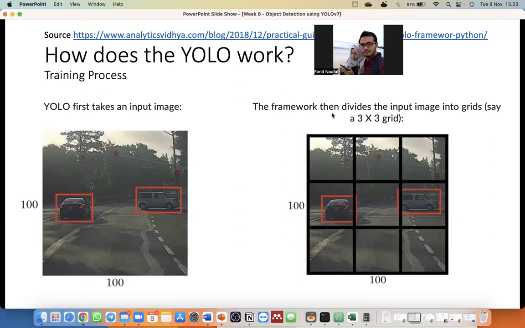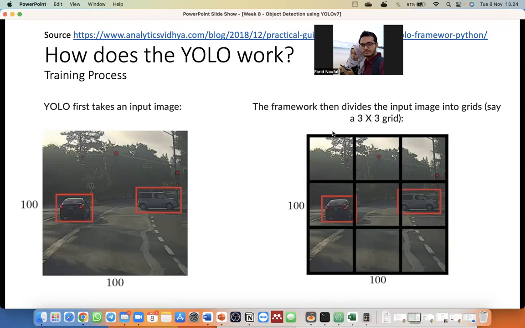First, YOLO will divide the input image into grids. Actually, it's not always a 3 times 3 grid. It can be 5 times 5, or maybe 5 times 10, or 100 times 100. It depends on the parameter that we use. For better understanding, we will only use a 3 times 3 grid.